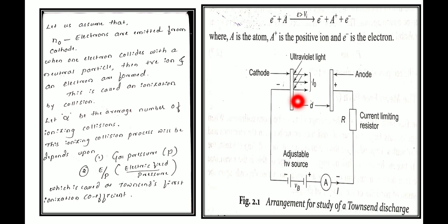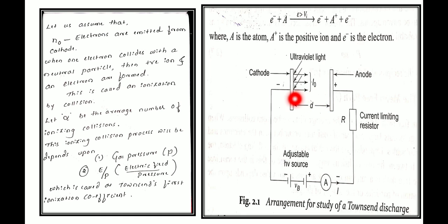At any distance x from the cathode, let the number of electrons be nx. When these nx electrons travel a further distance, that is dx,